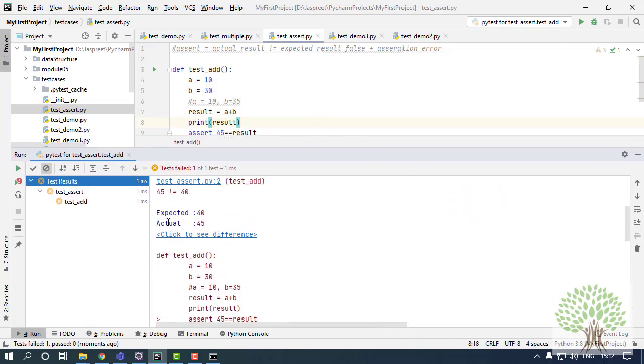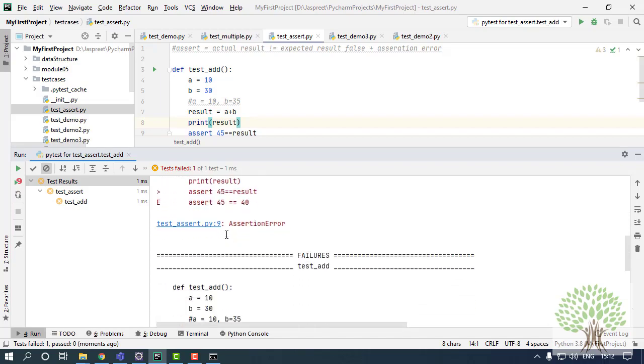This is the expected result. I was expecting 40 as my output, but the actual result I was comparing with 45. So these two were not equal and it failed my test case, giving me an assertion error. Fine, so this way the assertion keyword works and is very helpful.